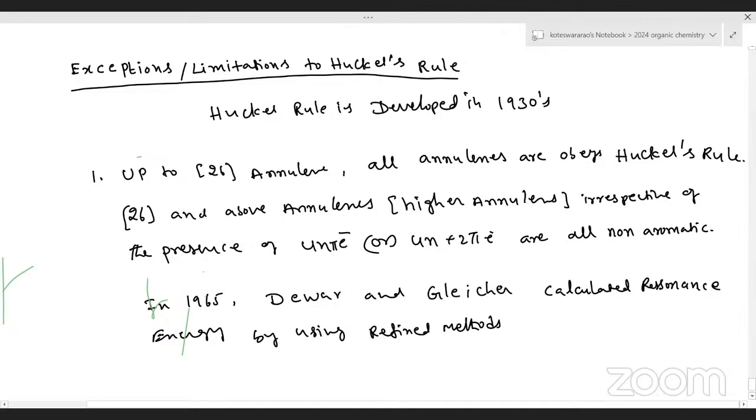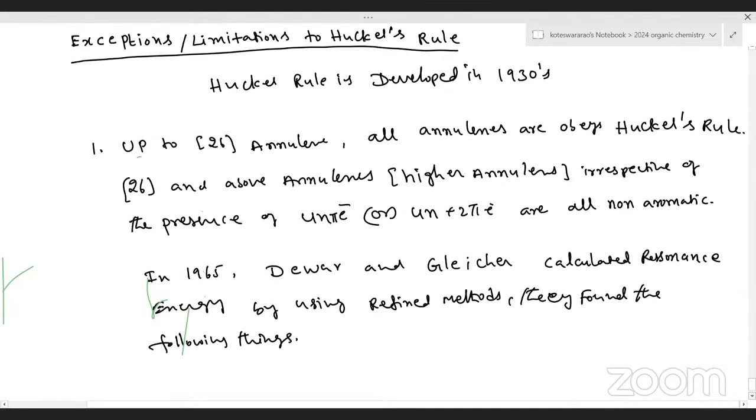They found the following cases. According to Dewar and Gleicher,